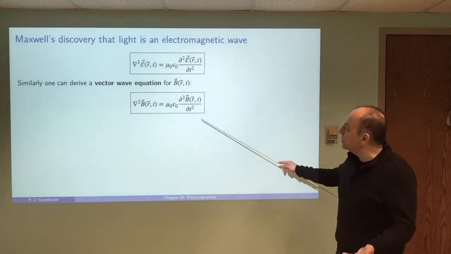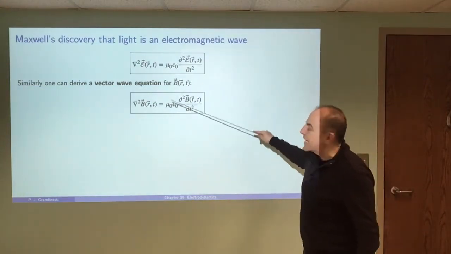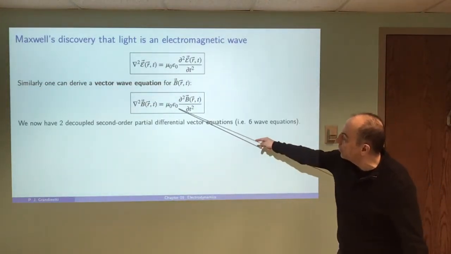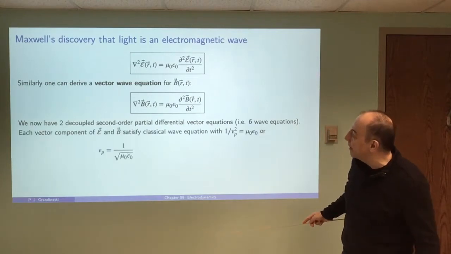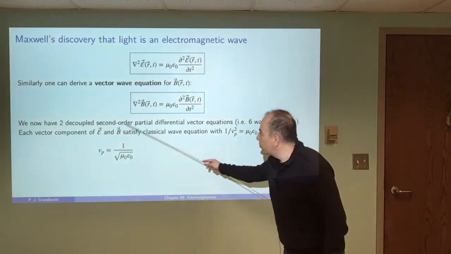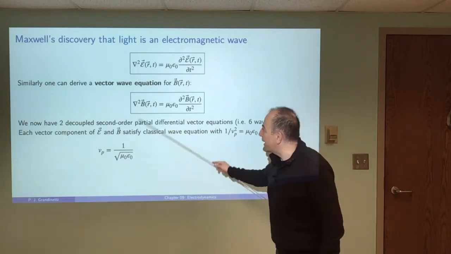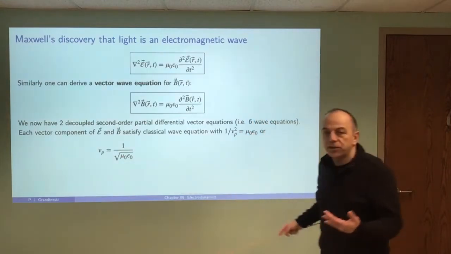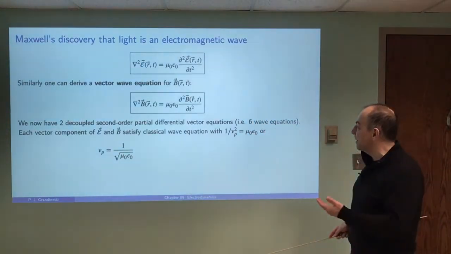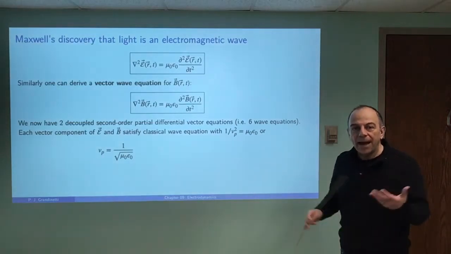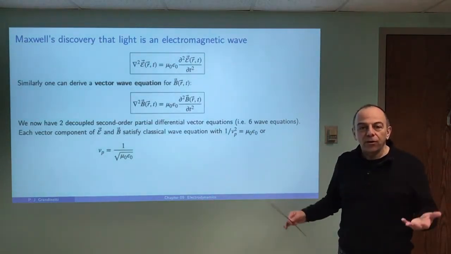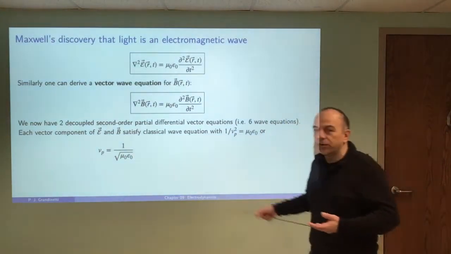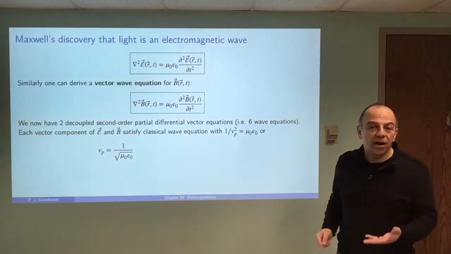So we have two wave equations, and they both have the same coefficient in front. And of course, you know that for a wave equation, that's just 1 over the velocity of the wave, the Vp squared. So if I look at the form of these wave equations, I recognize that these describe waves that are moving in space with the velocity of 1 over the square root of the magnetic constant times the electric constant. So if you take Maxwell's equations, you decouple them, you get wave equations for the E field and the B field with wave velocities that's 1 over the square root of these two fundamental constants that come from